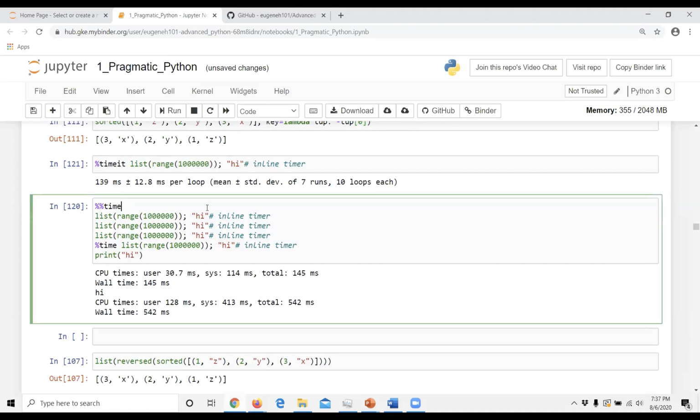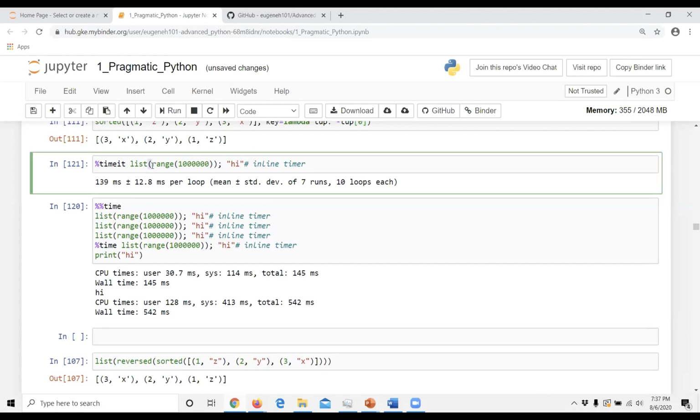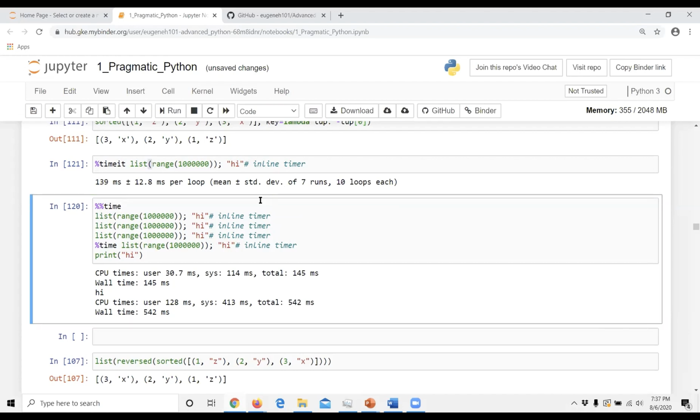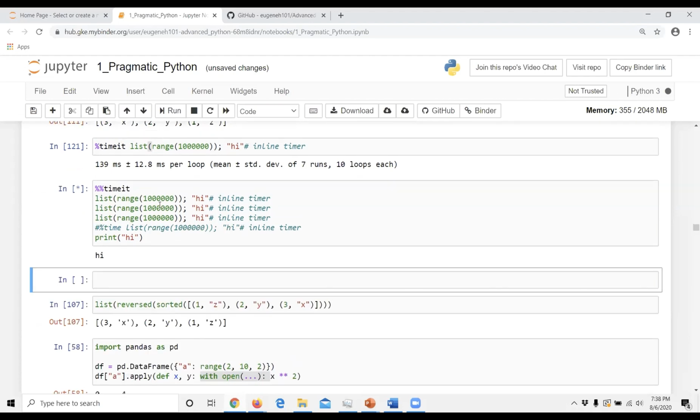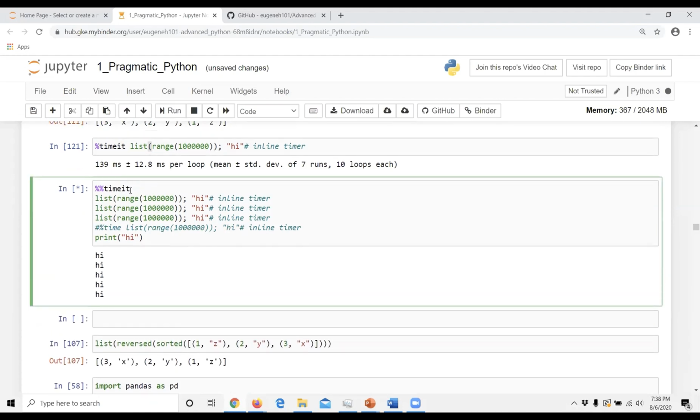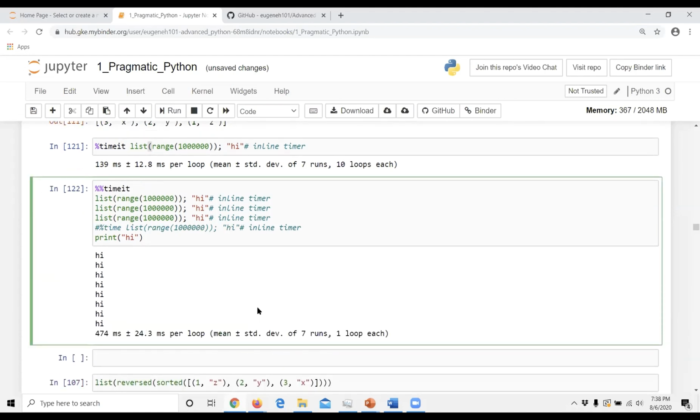Yeah, it runs that line multiple times and gives you the average. And you can also do it with the cell magic as well, if you want to apply it to the entire cell. I guess it truly runs it for 7 times. And it'll tell you the average time and I guess the standard deviation. Cool. Thank you. No problem.